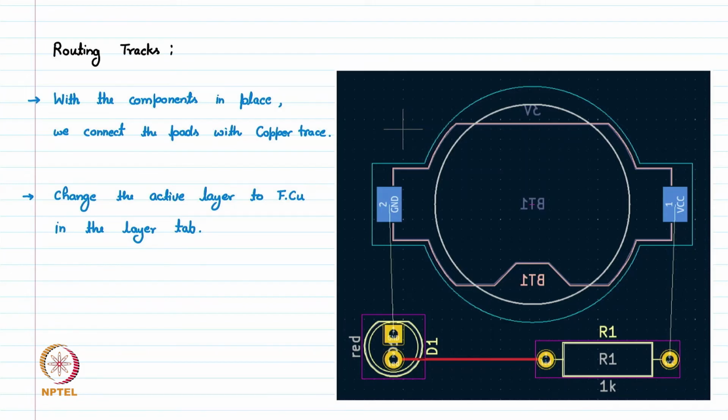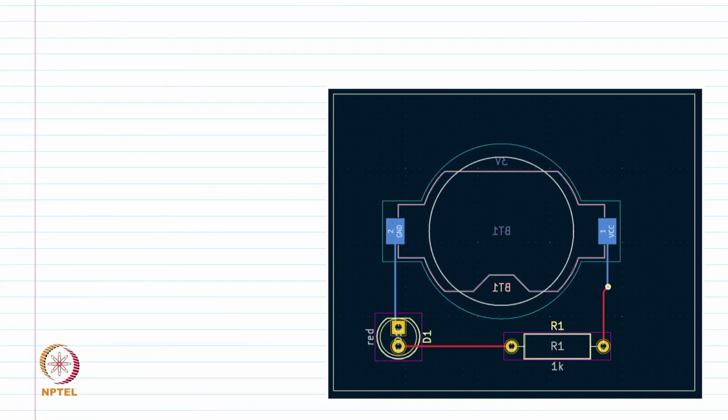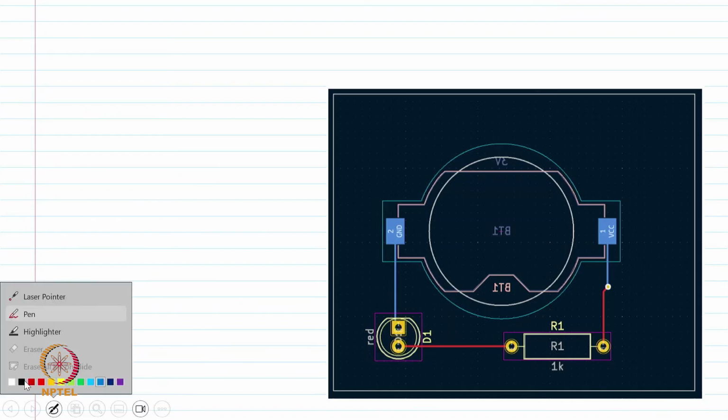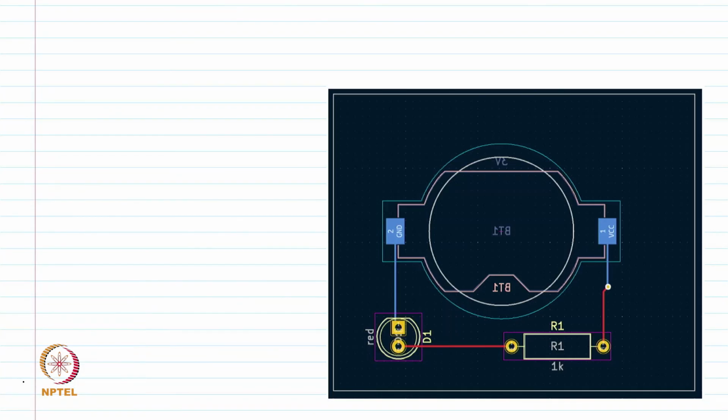Next, let's see what will happen if we want to put the connection into the other layer. For example, we want to take a signal from the top layer to the bottom layer. That time we need to have a via in between. So in the routing track itself,